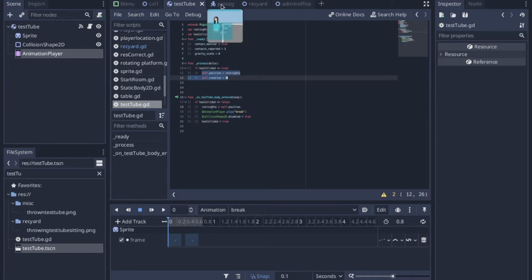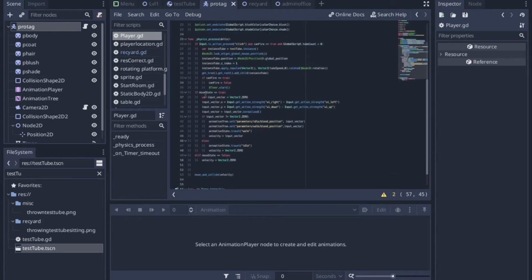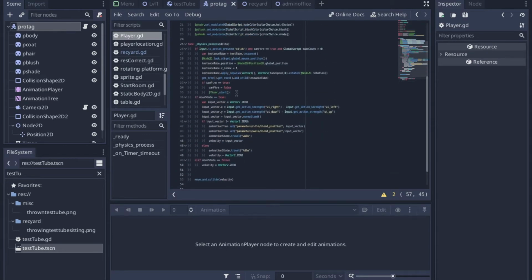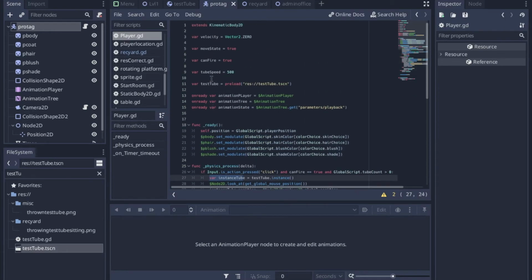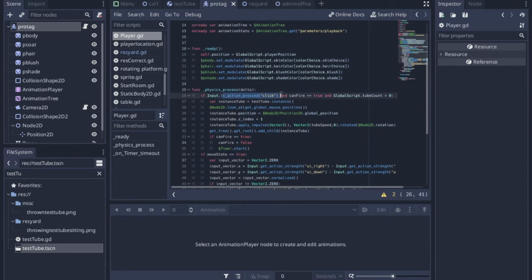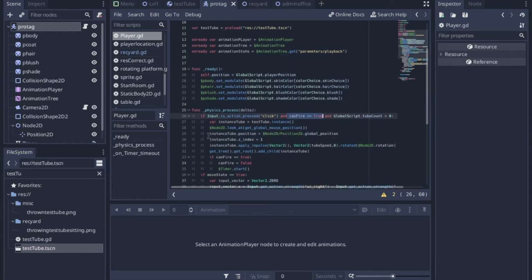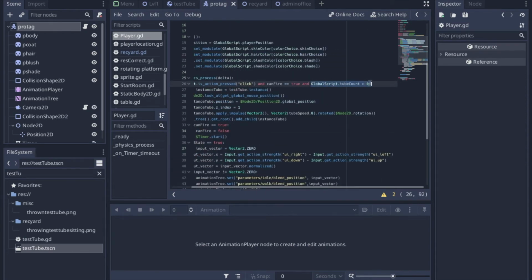It's really in the player script that all of the throwing stuff, all the code to manage that is. And then I've created a separate scene that's the test tube that I'm preloading in the code for the player, so that when we have this if statement, that when you click and you can fire, which is a Boolean variable that I've currently set to true, and then if the global script.tube_count is greater than 0, which is